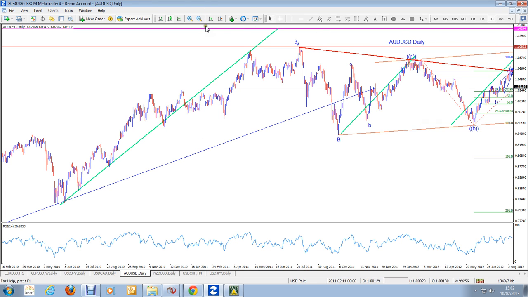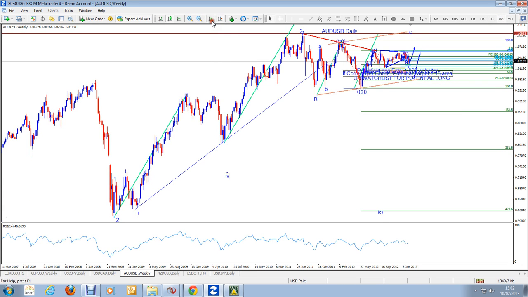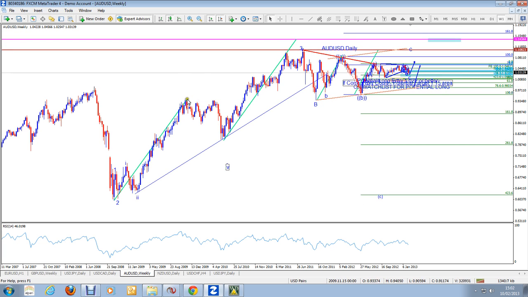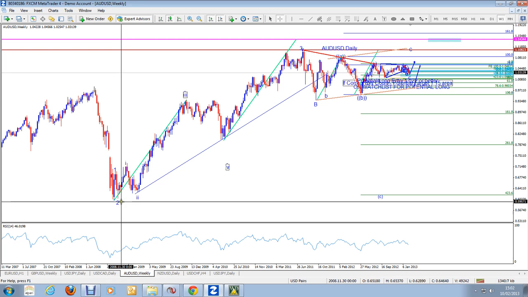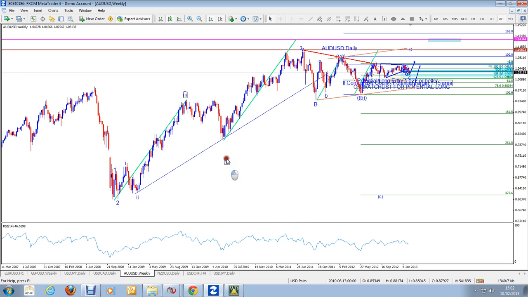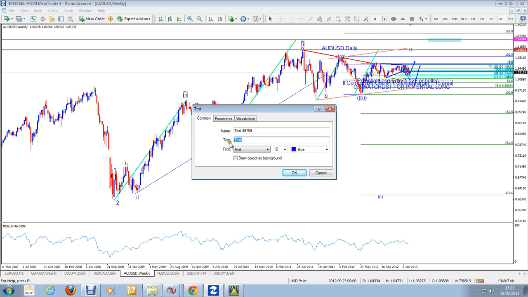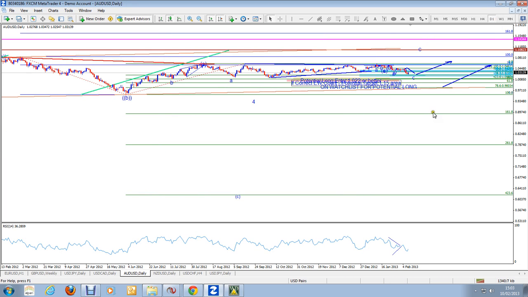Okay, so what we're going to have now, okay, you can see here now that we had a wave 1, wave 2, then we've got 1, 2, 3, 4 and 5. So that completed wave 3, so you got 1, 2 and 3, and this is part of wave 4. Okay, so this whole of this is a part of wave 4. Where exactly does it finish is a little bit still uncertain, but if I take you into the daily chart,